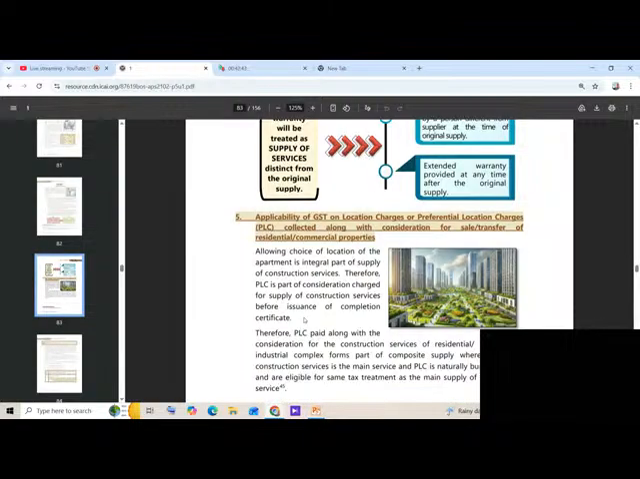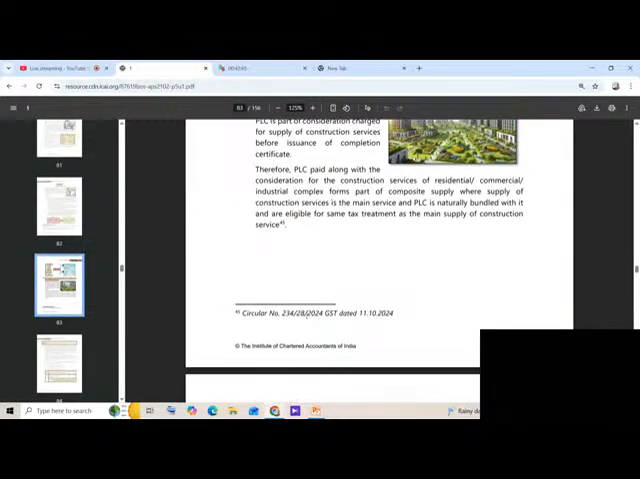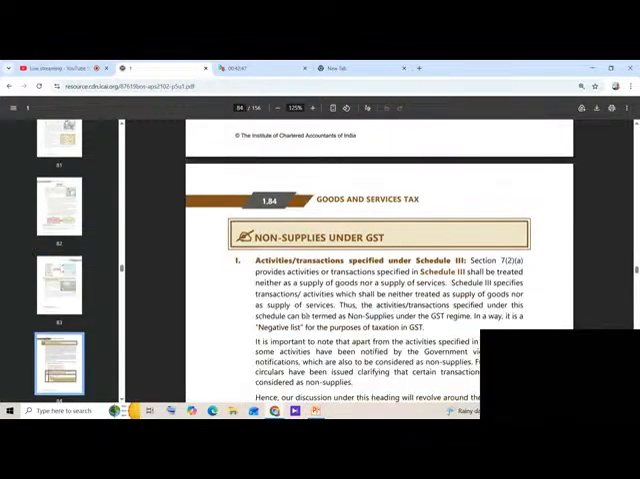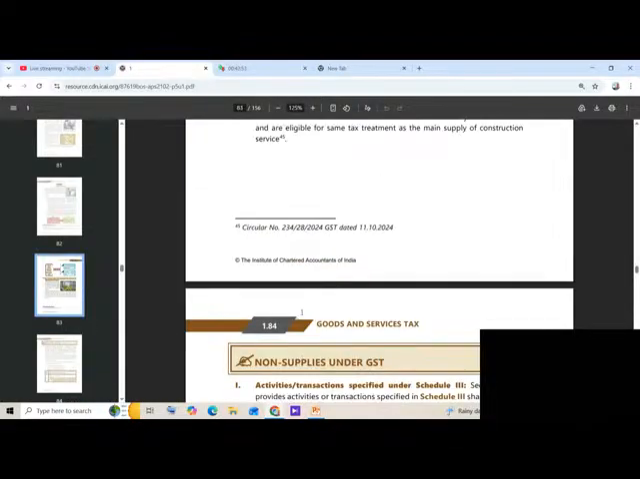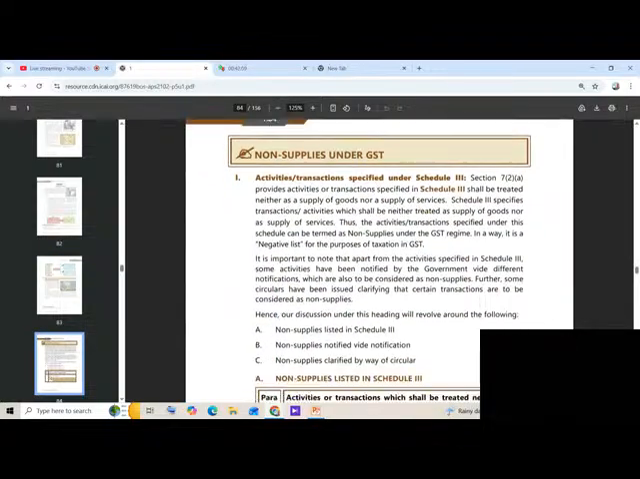So with this, our Schedule 2 is also done, and now we go into Schedule 3, which is the non-supplies under GST. So we completed Schedule 2 read with Section 7(1)(a). So, non-supplies under GST. Activities or transactions specified under Schedule 3, Section 7(2)(a)